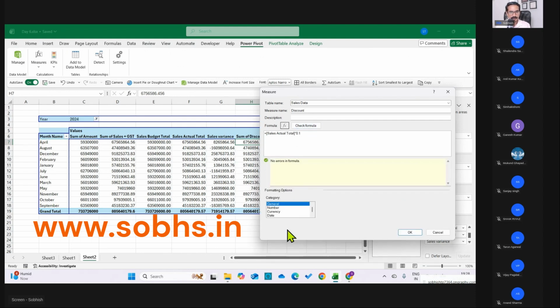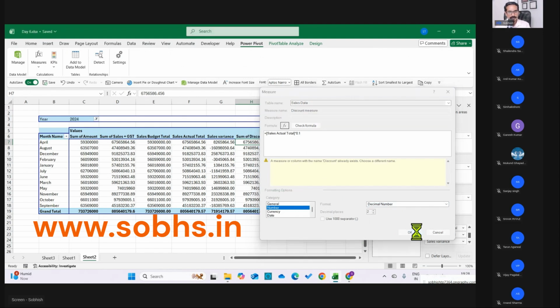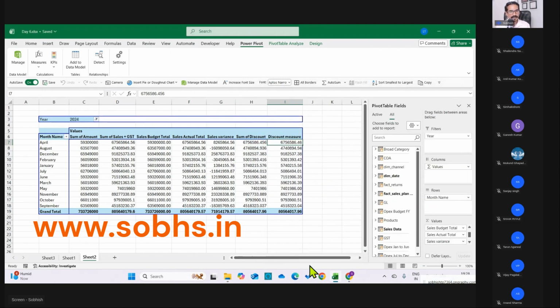Okay. So now if I use the number here, okay, discount is already existing. Discount, I'll say discount measure. Now you see this. This is the same output we are getting using a measure. Now what is the difference here? The difference is that we have not created any additional data points. We have created a measure which calculates on the fly. And then I can reuse this measure. For example,